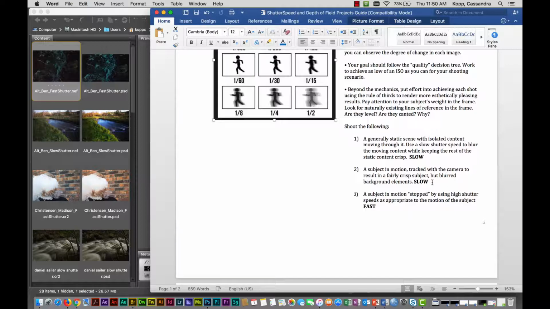It'll be represented, but it'll be soft and blurry in the background. The last one we have on here, the fast shutter speed, where you have an object that is more or less frozen or stopped in motion, is when you use a high shutter speed, and that'll be appropriate to the